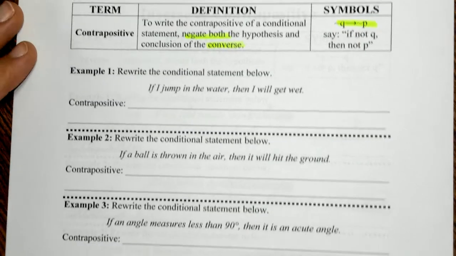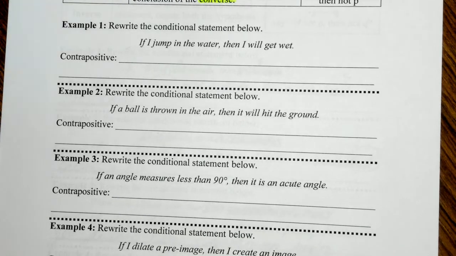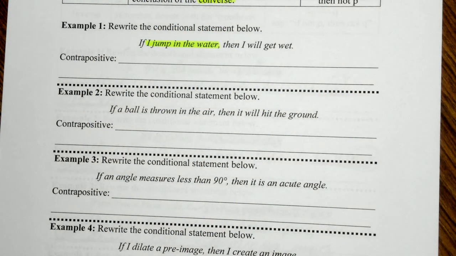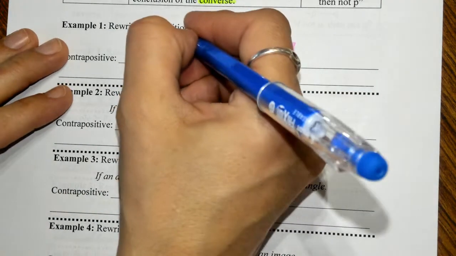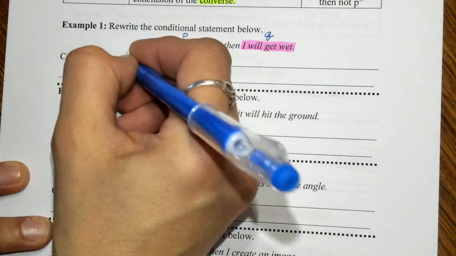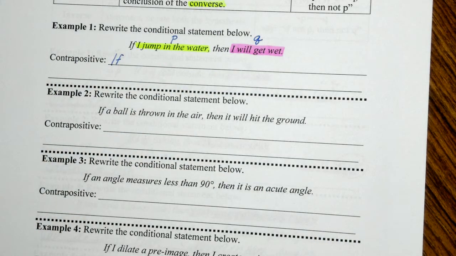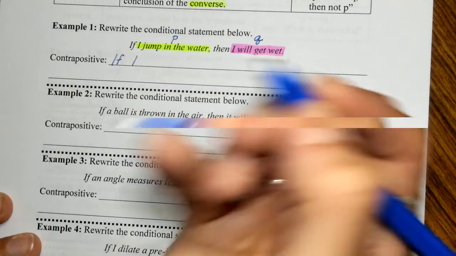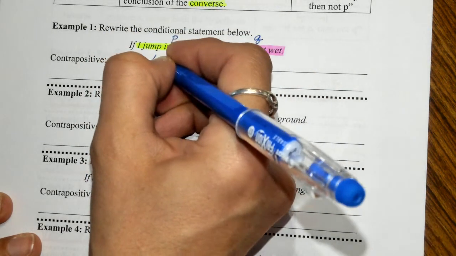Okay? So let's try to get through this as painlessly as possible. If I jump in the water, then I will get wet. My hypothesis, I jump in the water. My conclusion, then I will get wet. I need to switch my P and Q, but also make them the opposite. So since I'm switching, I'm going to start with I will get wet. So we can say here, if we need to change I will get wet to the opposite, I will not get wet. So if, and I'm going to change it to do not get wet because it makes more sense. If I do not get wet,